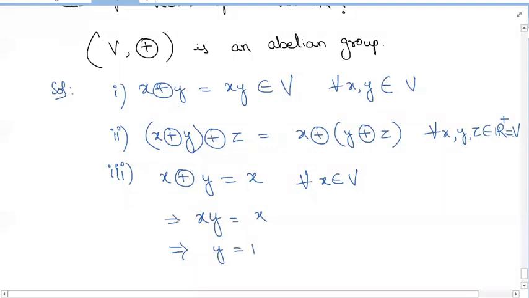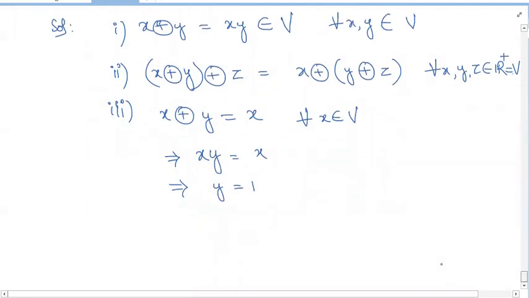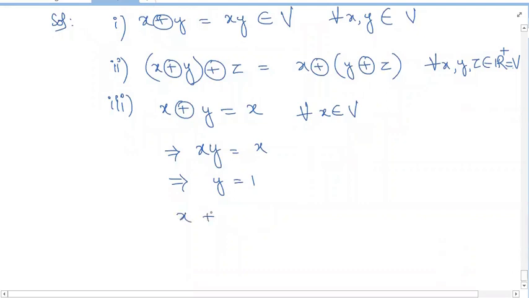So now you can also verify that 1 ⊕ x is also x, and x ⊕ 1 is x. The other way also we can verify. So the identity is there. And what about the inverse of x? The additive inverse of x. So we have to see x ⊕ y equal to